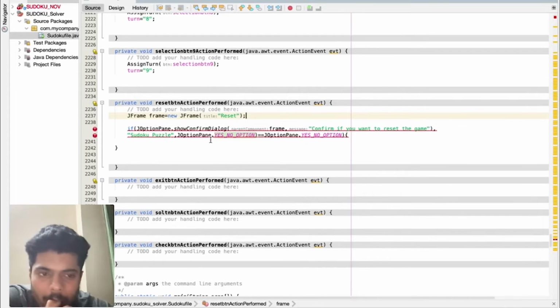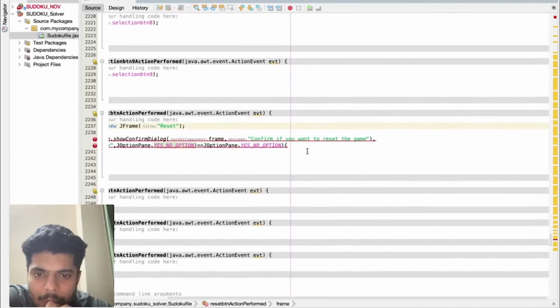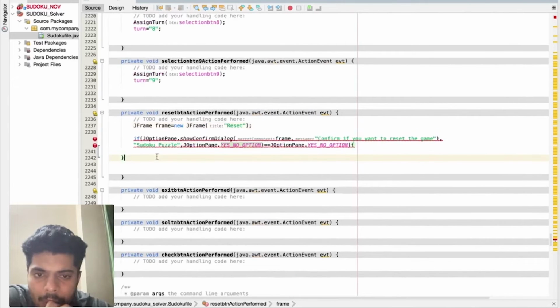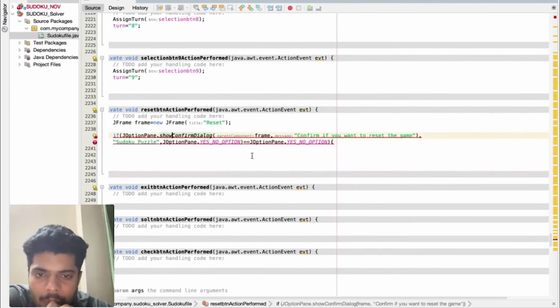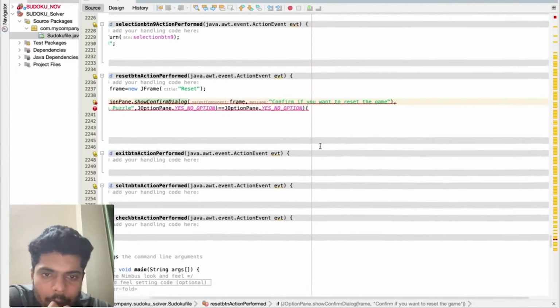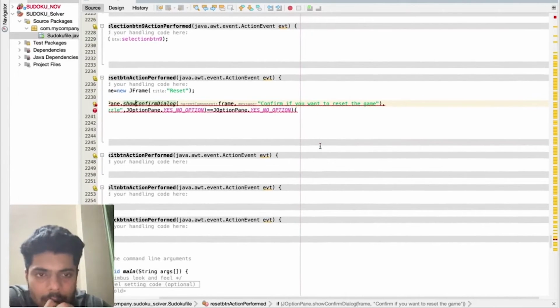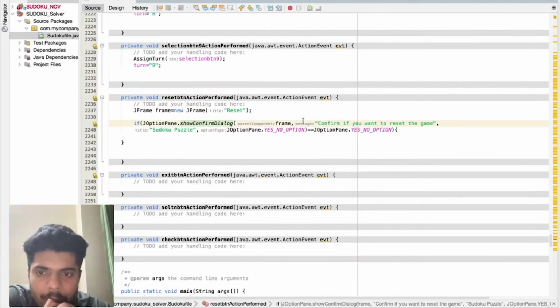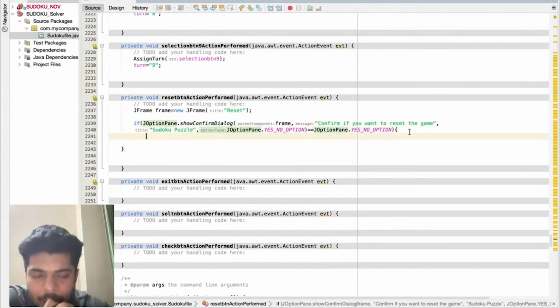JOptionPane dot show, I'm using frame as the parent component, confirm if you want to reset the game. Okay, this was the extra bracket which I used.